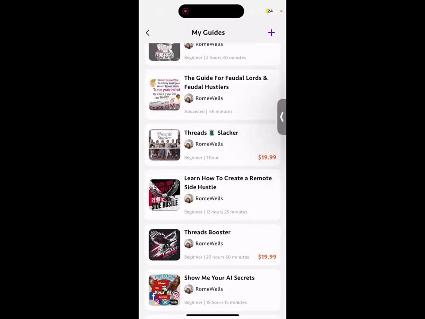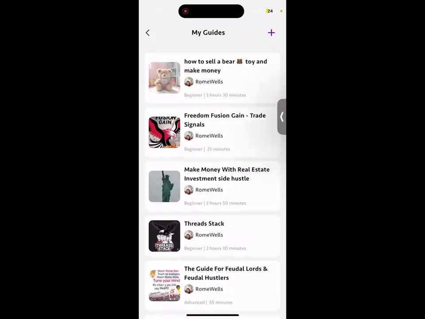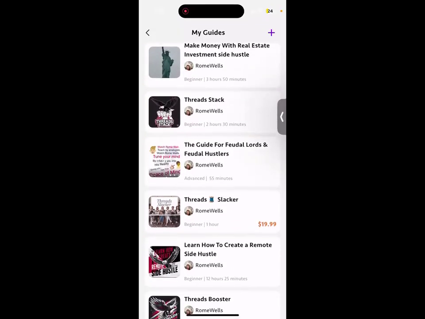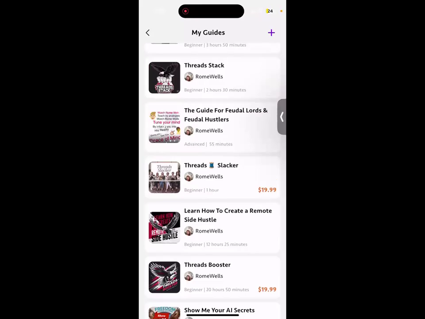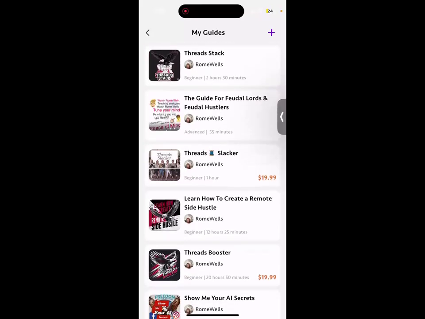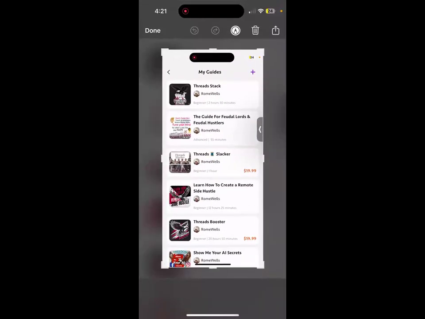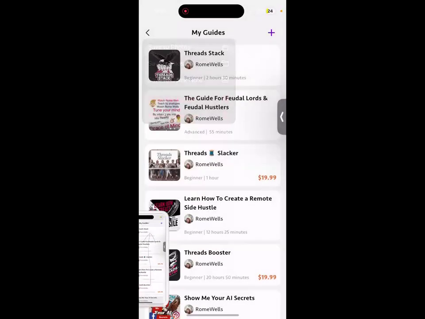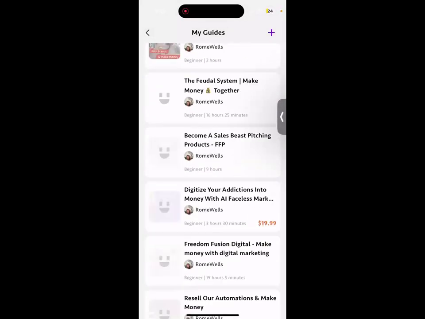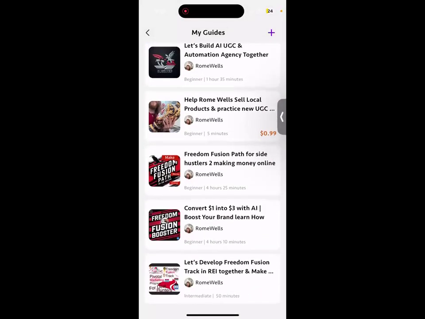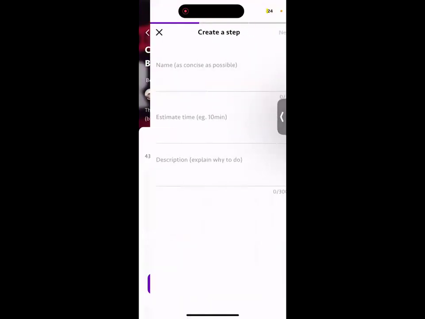So in Threads Stack, what I could do is check this out. This is how I typically create those guides. And by the way, if you wanted to learn how to become a FUD expert, let me know. I could mentor you and show you how to do that. So this way you could quickly become that FUD expert and make some additional extra income. So what I did is I showed an arrow over here, and look how quickly I just do this, and I update this thing.